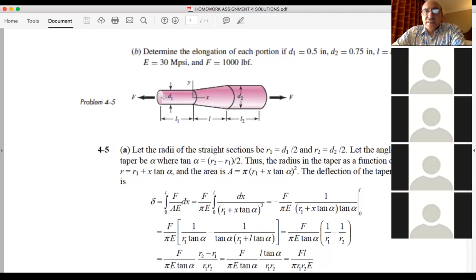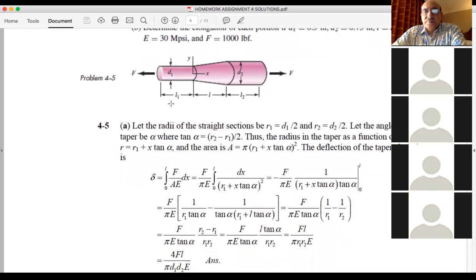So for that part here, if we calculate the deflection for the first section, it is F over AE times the length L1. For the section on the right, it is F over AE times L2. But the one in the middle we have to do by integration, because the diameter incrementally changes from D1 to D2. Therefore, we have to put it in the form of an integral, F dx over AE, and then we